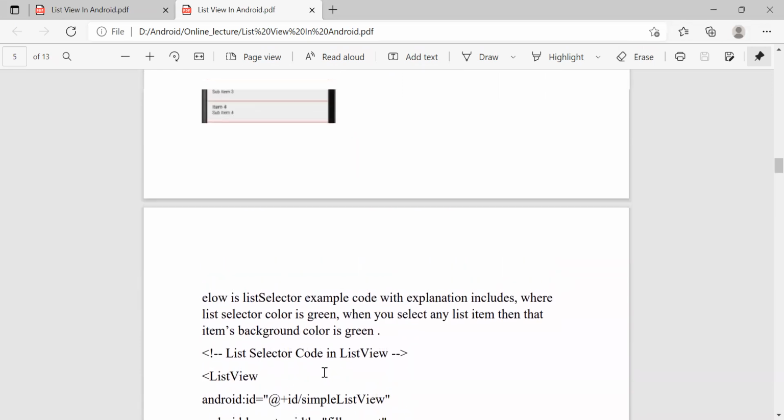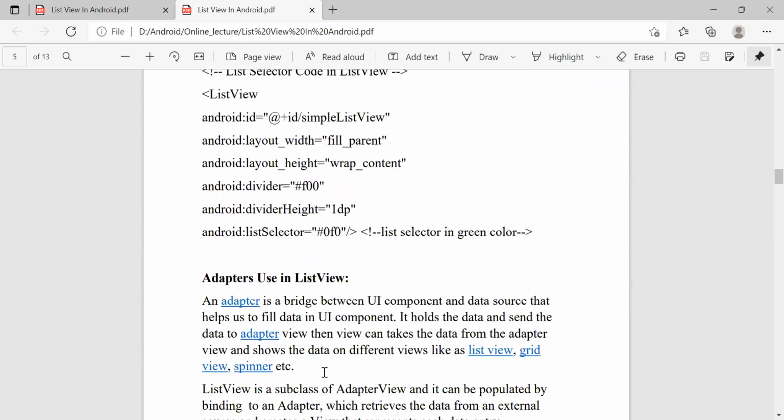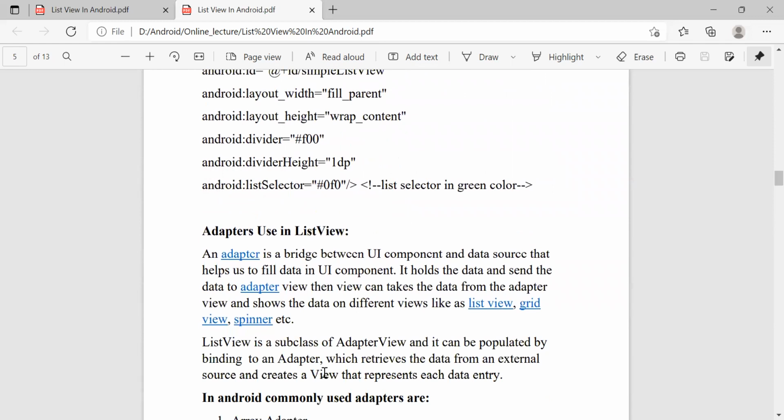The next point is the adapter. Adapter used in a list view. So an adapter is the bridge between UI components and data source that helps you to fill the data in your UI component. It holds the data and sends the data to the adapter view.